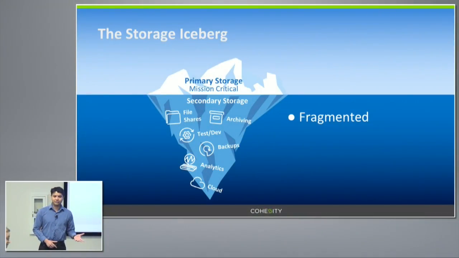So let's now talk about problems with secondary storage. The first problem is that of fragmentation. The space is very fragmented. And that jumps out from this picture itself. All these workflows are typically catered to by different vendors. So if our customer wants to get a solution for their backups, they probably have to go to a few vendors like Commvault or Veeam to buy the backup software. Then they have to go buy the storage from someone like Data Domain. If they want to do test and dev, they have to go maybe buy something from NetApp. They want to do analytics, maybe a few Dell servers combined with Cloudera, and so on and so forth.